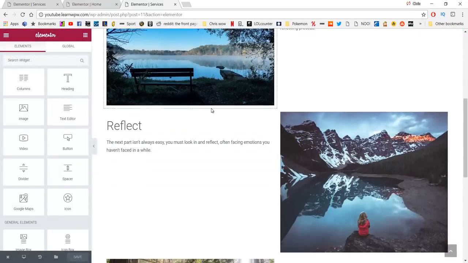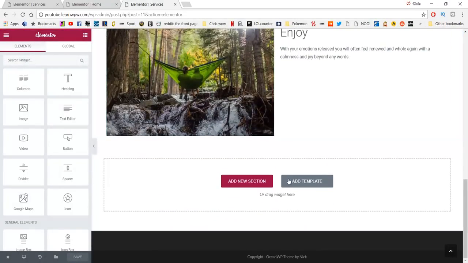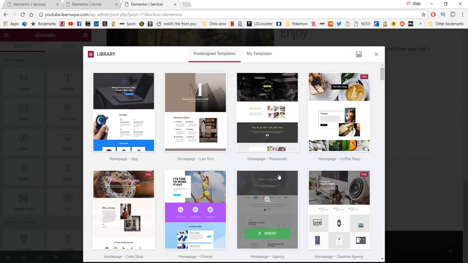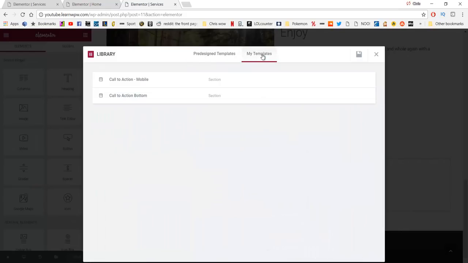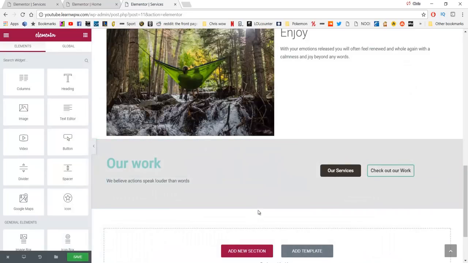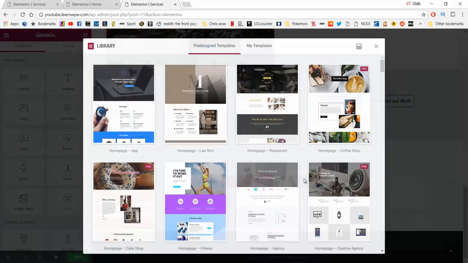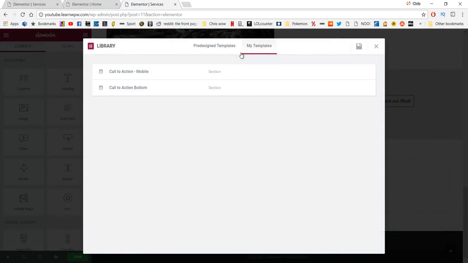and if we scroll to the bottom, we can now add a template. So if we click Add Template and then click My Templates, we can click in the call to action bottom, so insert, and there it is. But we also want to put in our mobile version as well, so Add Template, My Templates, call to action mobile,